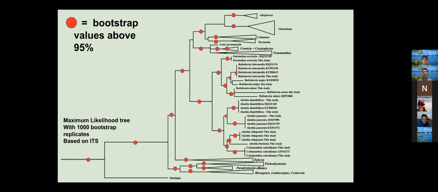Because our central focus lies in Orsina, Rufidorsia, Selby, and Copenanthus, we simplified our tree by collapsing species that lie outside of the genera we wanted. As my colleague mentioned, the red dots on the branches represent bootstrap values of 95% and over, meaning there is a high confidence level in that clade of the phylogenetic tree.